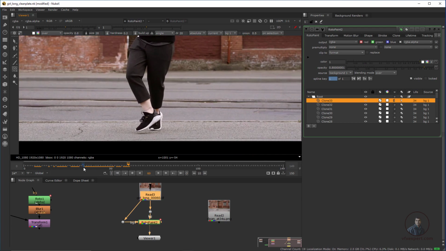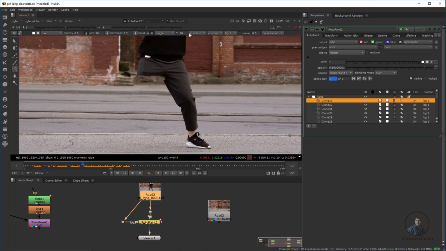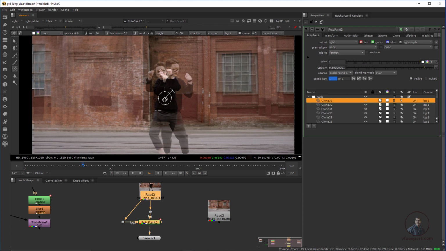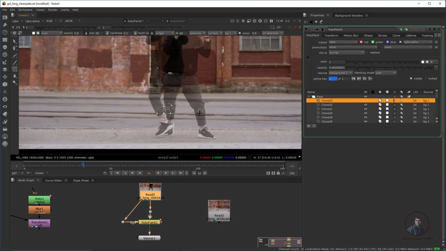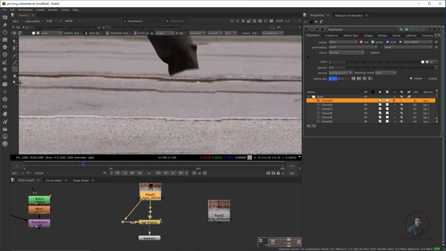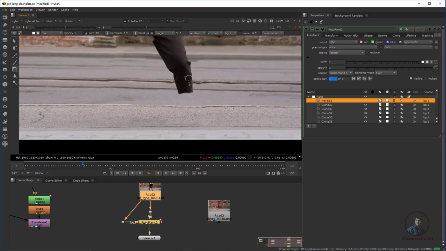So again come here on frame 34, on which you want to create your clean plate. Then here we have to define frame 60 as a reference, then again press T, then adjust this reference frame. If you are getting a little bit of a problem here, then if you want you can reveal it back. Okay, so like this you can reveal, and again you can paint out, and even adjust your reference frame. So like this you can reveal and paint, reveal and paint all these things here.